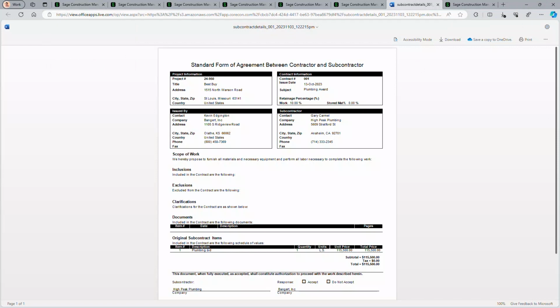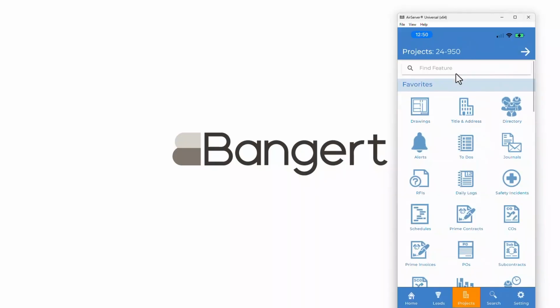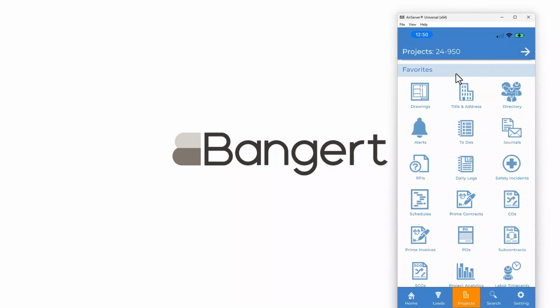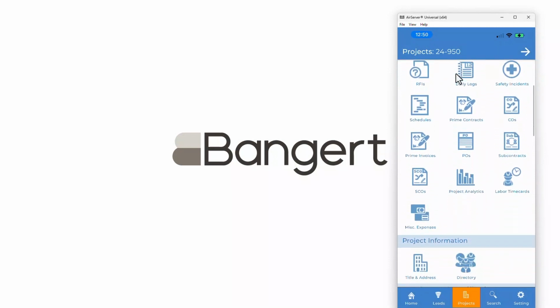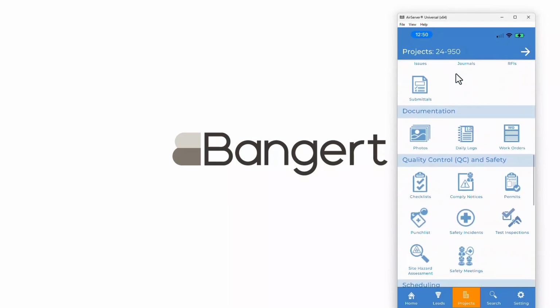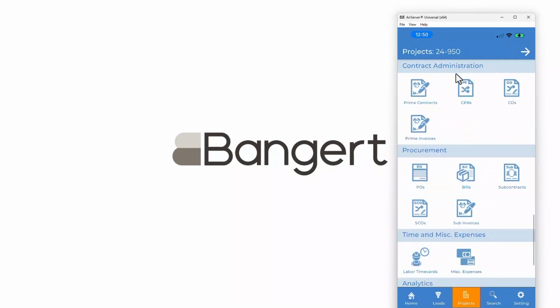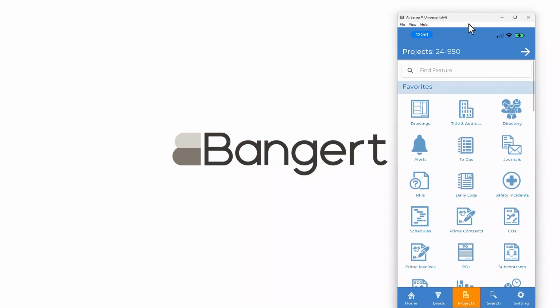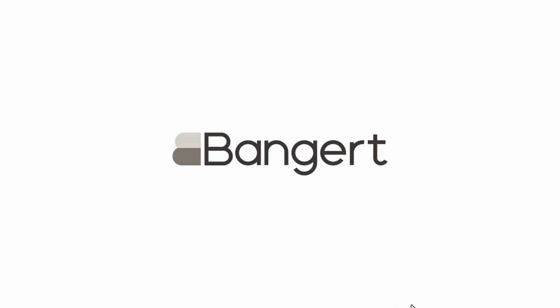Included with Sage Construction Management is a mobile tool that allows you to access the functionality via your choice of mobile app, whether it is iOS or Android. And so this is just a quick peek at what the mobile app looks like. You can see here I have my same favorites on that 24/950 job. And if I scroll down further, I have access to whatever features my security profile gives me the ability to access. So Sage Construction Management is very comprehensive, cloud native, collaboration built in, and very competitively priced.